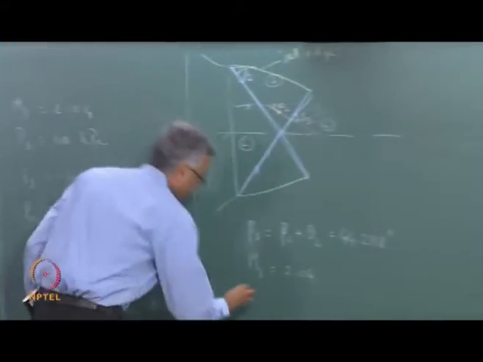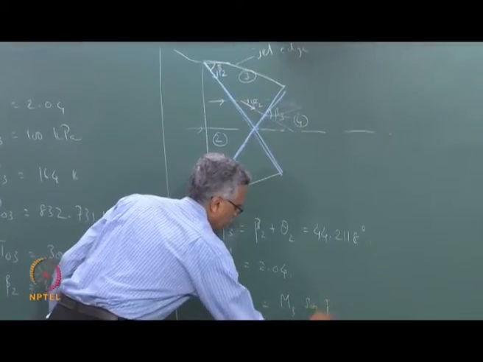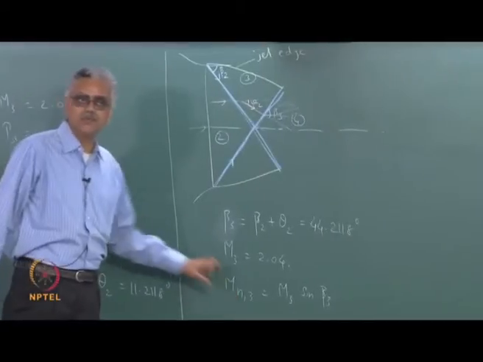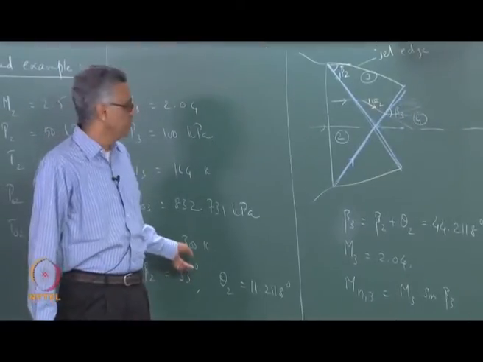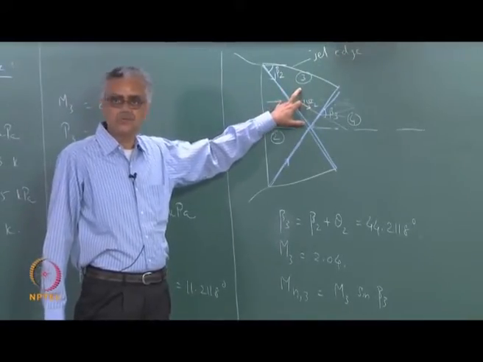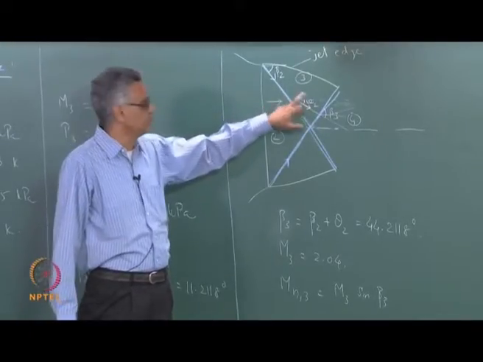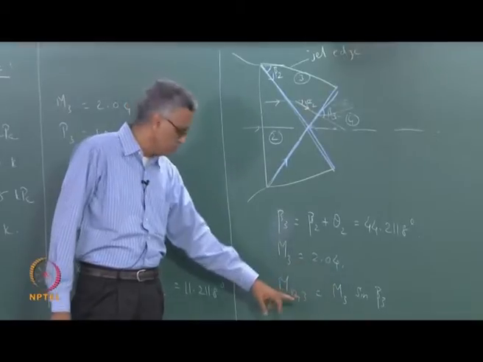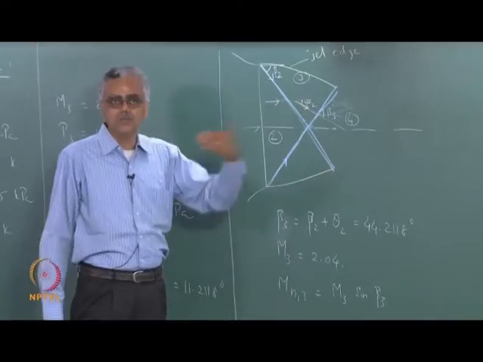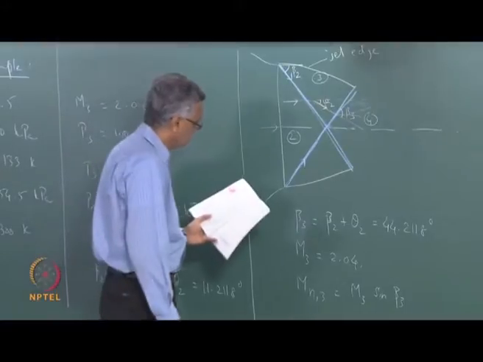So, Mn3 is equal to M3 sin beta 3. Notice that this Mn3 is not the same Mn3 that we calculated before. When we were doing calculations for region 3, we got an Mn3 from the normal shock table for going across this shock wave. But that Mn3 is a different value from this Mn3 because the angles have changed now. So, this is the Mn3 that this wave is going to see, or the normal Mach number approaching this shock wave. Okay. So, this is equal to